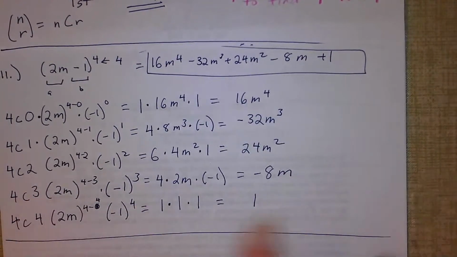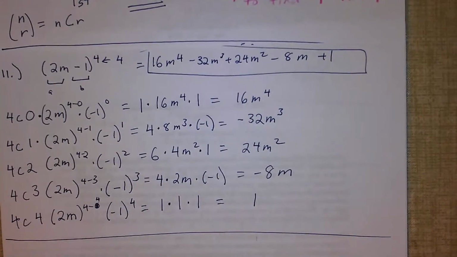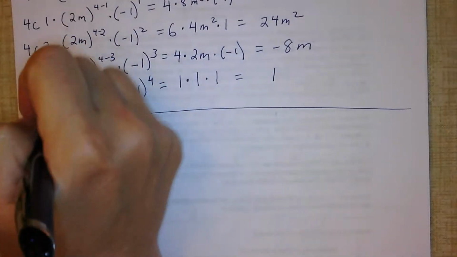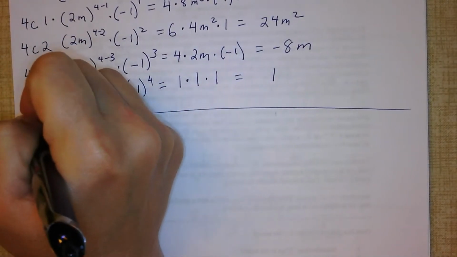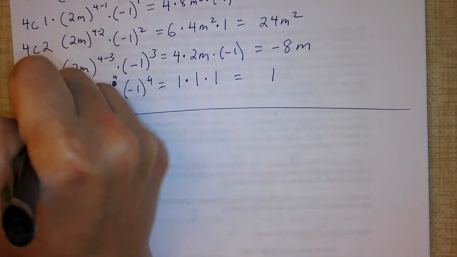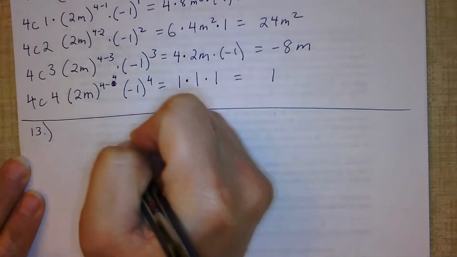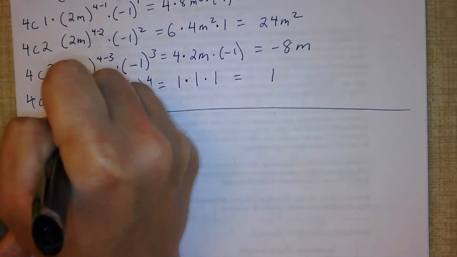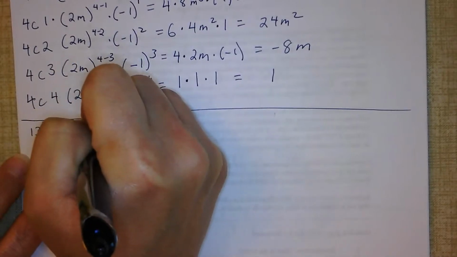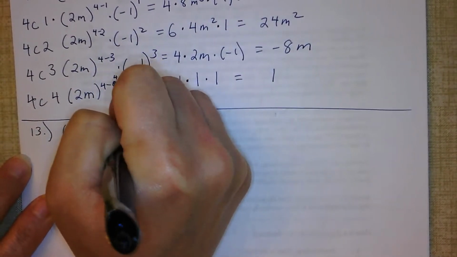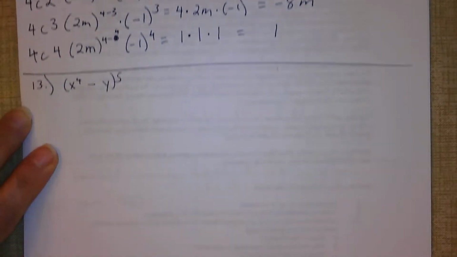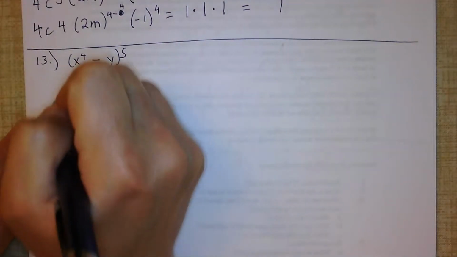I'm going to do it the same way. You know, this one I think I'm going to do with the calculator also. I'll do number 15 with Pascal's triangle. All right, so number 13 is x to the 4th minus y, all to the 5th power. So I need to expand this. So I'm going to start